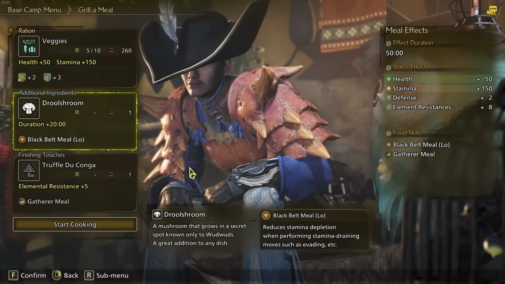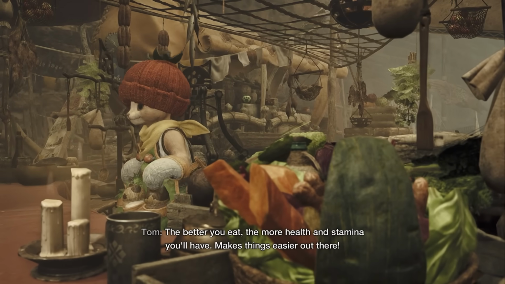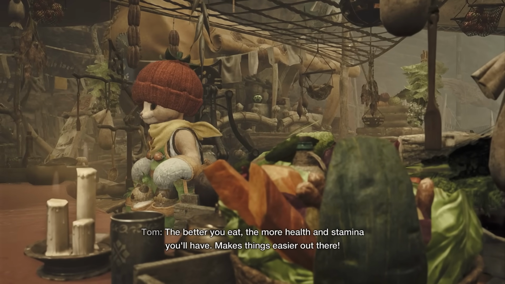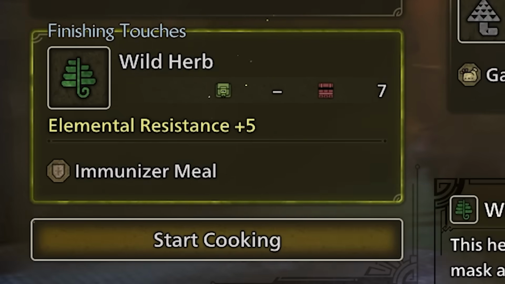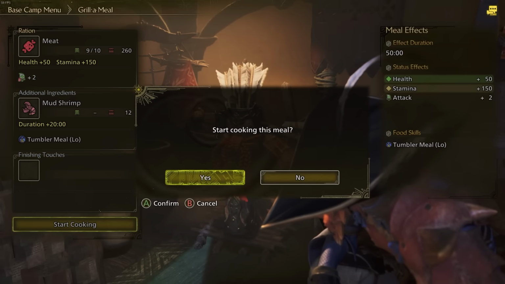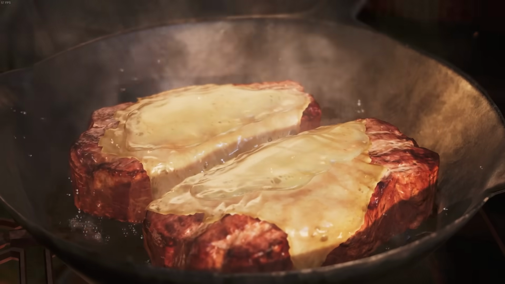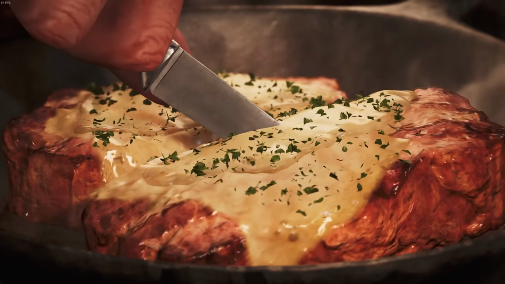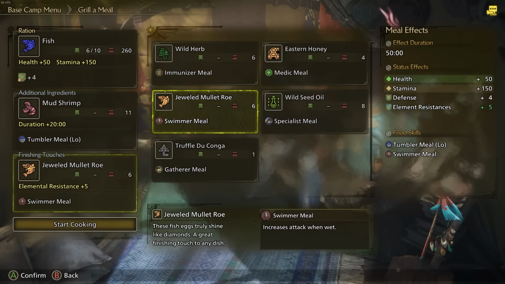One of the most common food scenes you'll see in the game is when you prep for a hunt and grill a meal. Doing so will keep you healthy and give you helpful bonuses for your fights. All you gotta do is pick a base, an additional ingredient, and some finishing touches, then get to cooking. What's cool is that the cooking cutscene actually changes and shows your character cooking the meal with the exact same ingredients you selected. The only thing is that the game only lets you pick one ingredient from each category, but